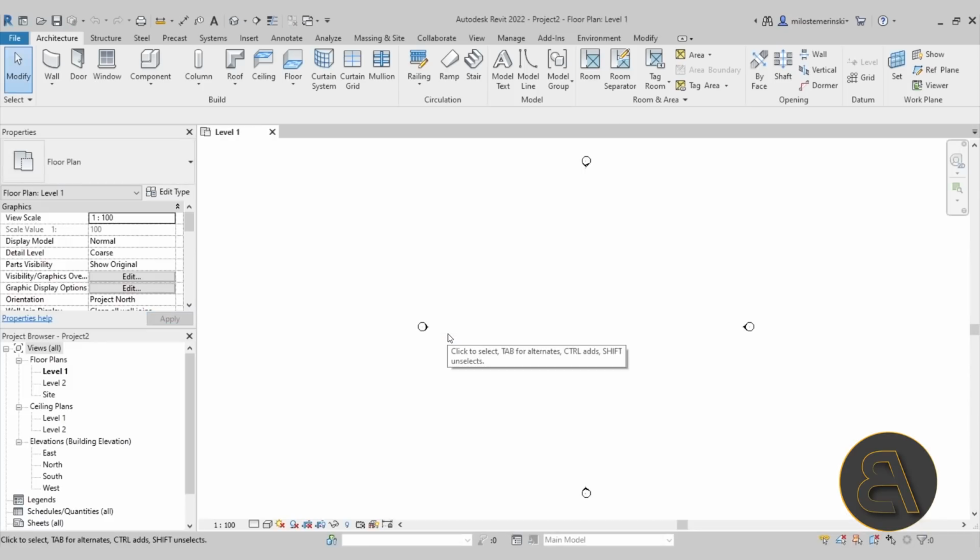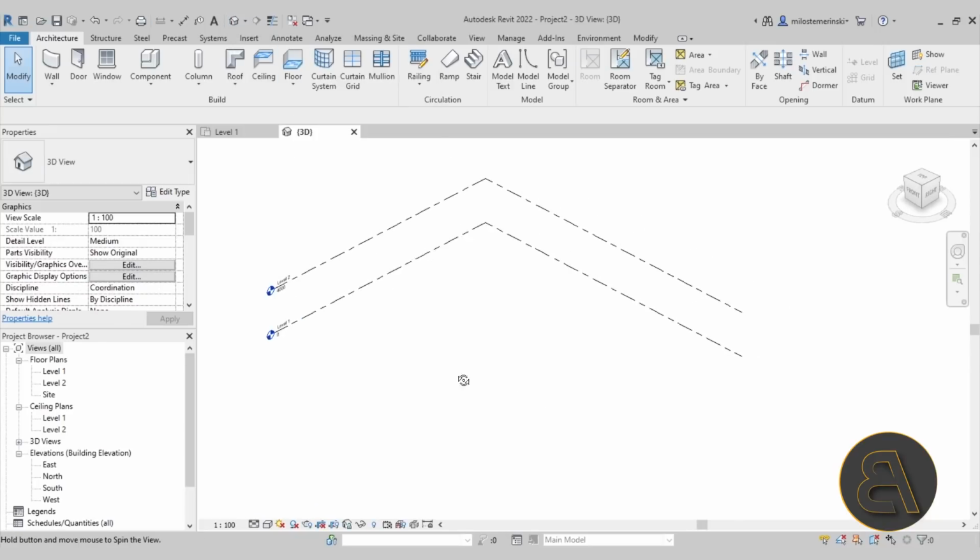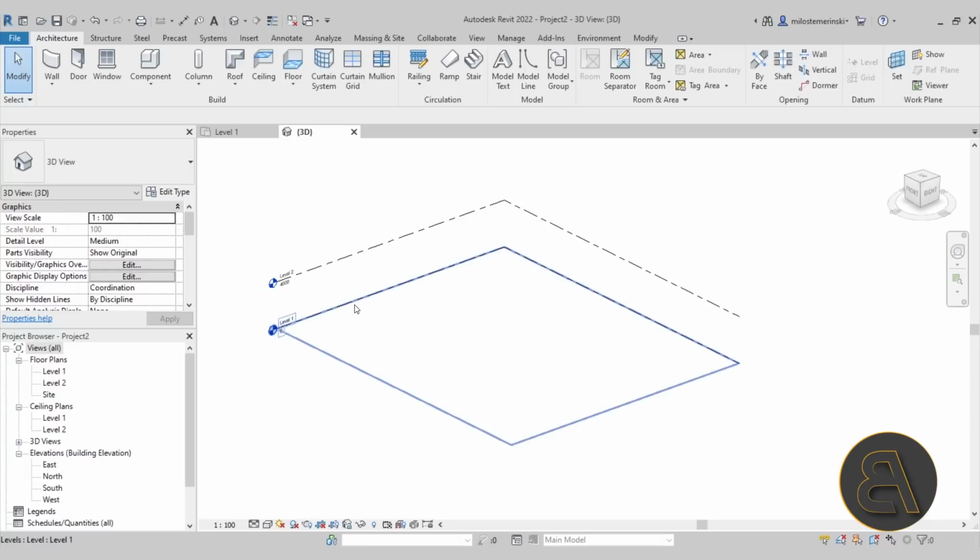to get started. Okay, so here we are, and the first new feature that we're going to be covering are going to be the grids. So far, if I just go here to the quick access toolbar and turn on a default 3D view, with the latest few versions of Revit, we have levels which are visible in the 3D view. This wasn't available before, and then in some of the previous versions it became available, and it's kind of the new standard. Now, a lot of people have been asking for 3D grids, and finally that is available here in